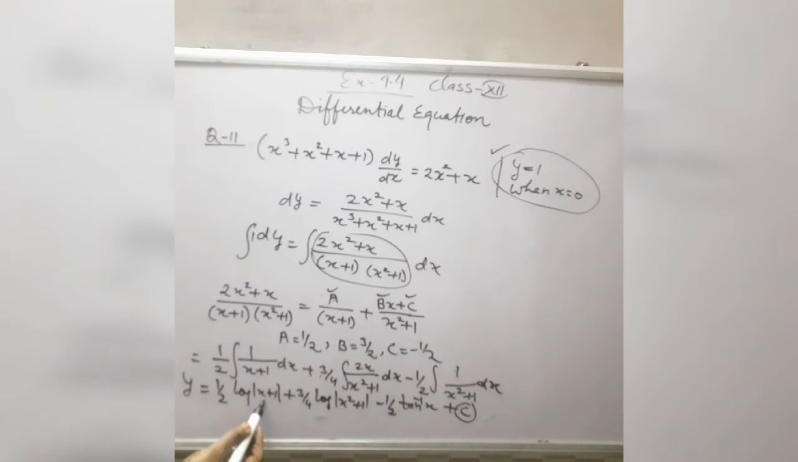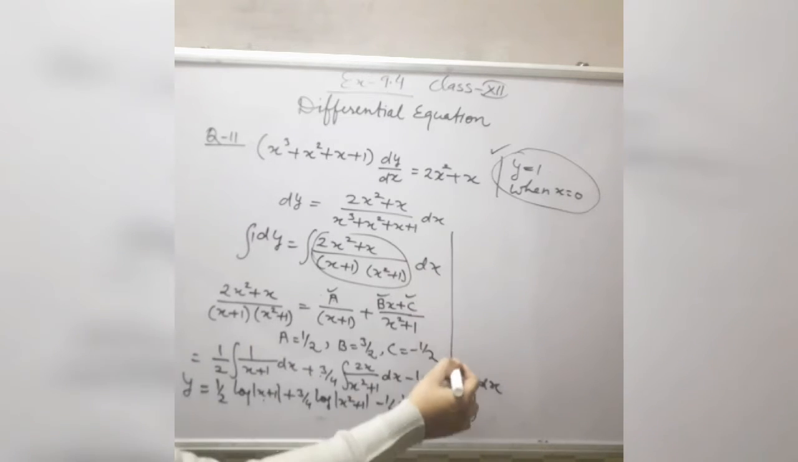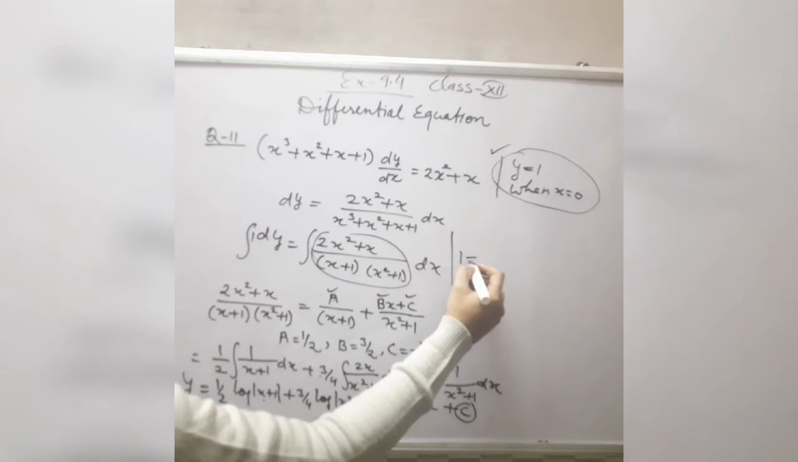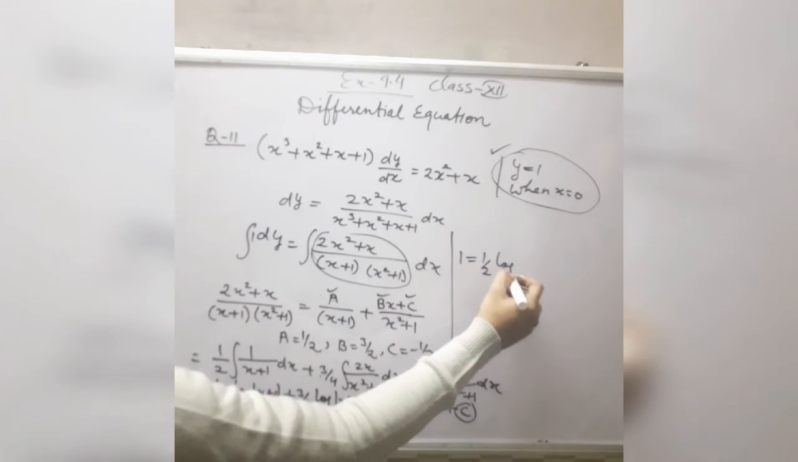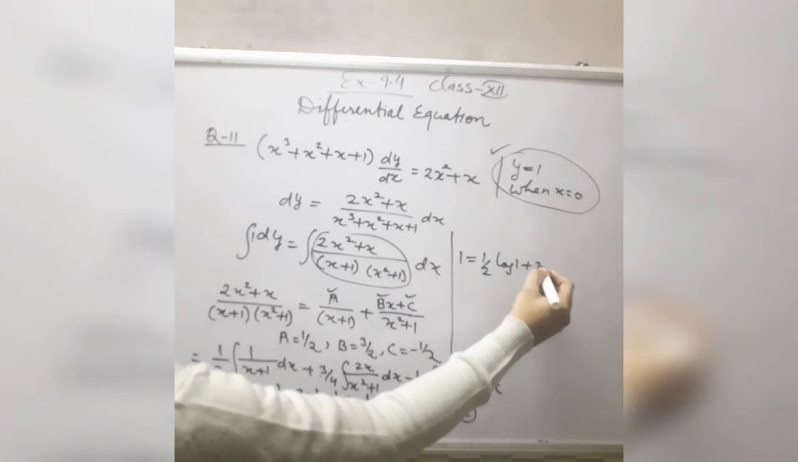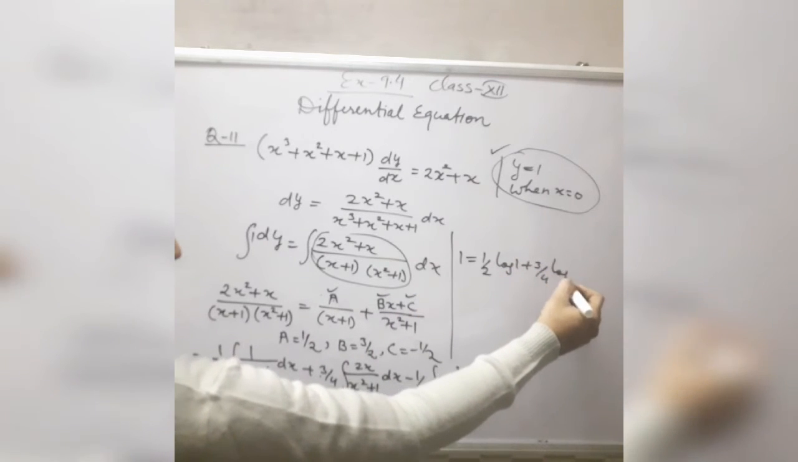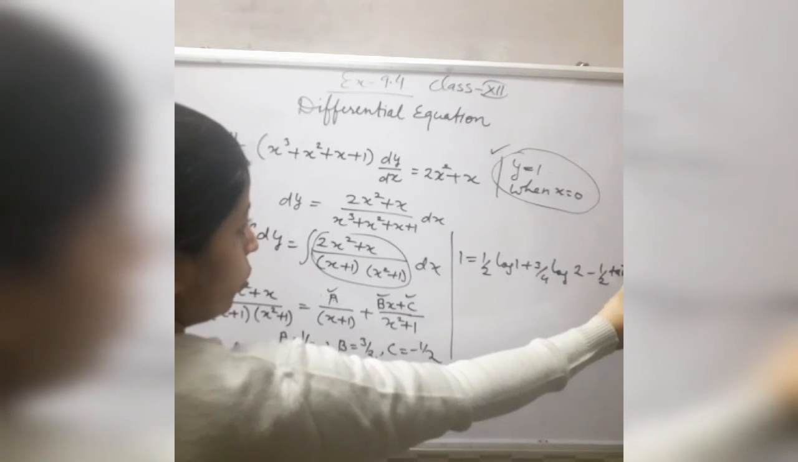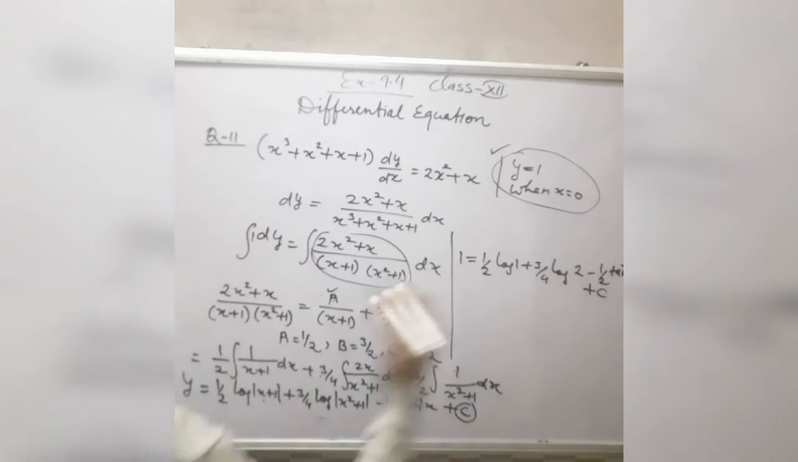So after taking x is equal to 0, we will find out the value of this constant term c. See here, what is the value of constant term c? If you put y is equal to 1, then it becomes 1 is equal to half of log, here putting x is equal to 0, it becomes log 1 plus 3 by 2 log 2 minus half into tangent inverse 0 plus integration constant